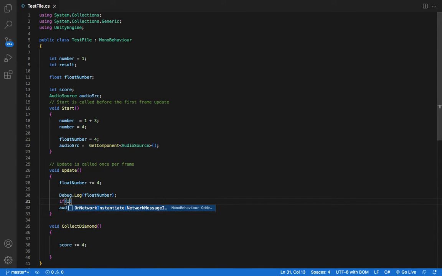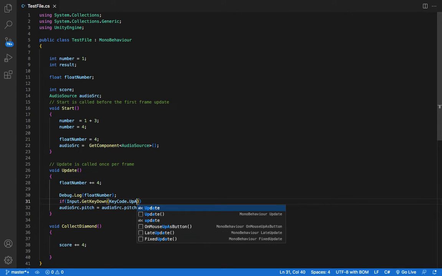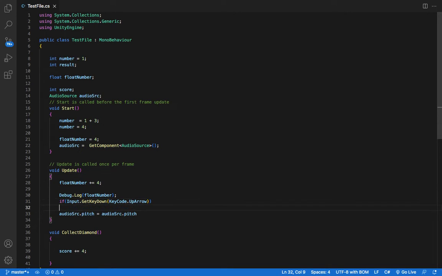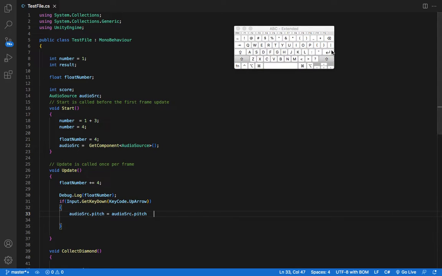If input dot get key down, key code dot up arrow, and then we'll just say audio source dot pitch equal to audio source dot pitch plus 0.1. I think 0.1 is a fair amount of addition. Audio source dot pitch plus 0.1 f. Okay, now if you are wondering why I'm using the long form here again,